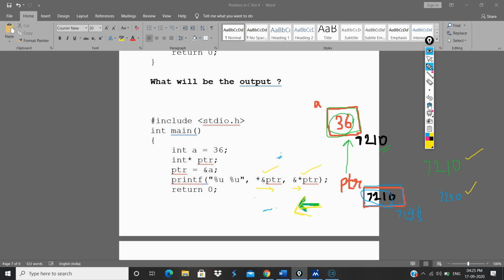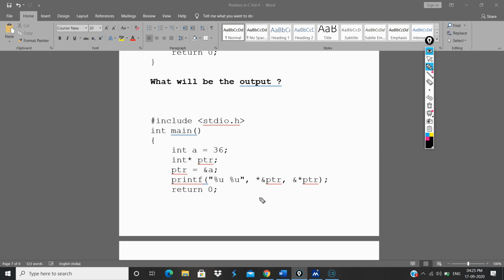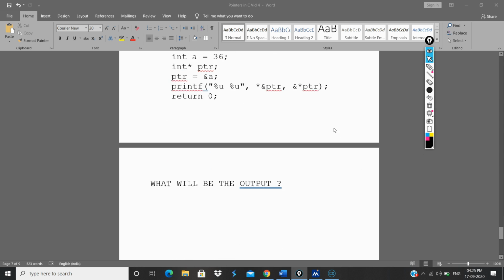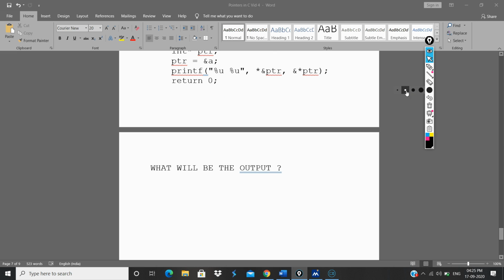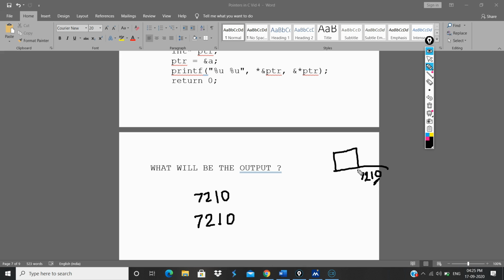So our final output, as we know, will be 7210 for the first case, and for the second case also 7210. I am saying 7210 because I had assumed that the address of this box is 7210. Since the address is generated by the system, it will be arbitrary, but for our understanding purposes I considered this address.